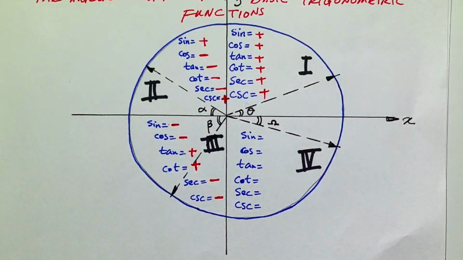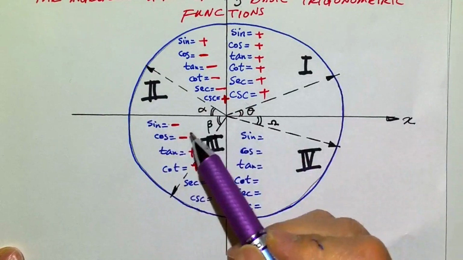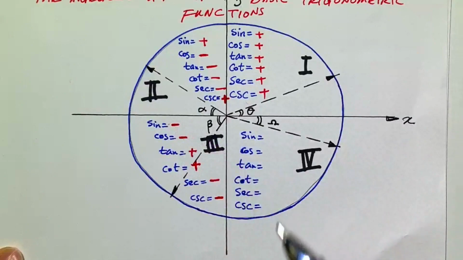But do you have to memorize this? No. You just have to memorize that in trigonometry, sine represents the y-axis, cosine represents the x-axis. And then go from there. Then you can easily translate: wherever the axis is negative or positive, the trigonometric function associated with it will take the same sign.